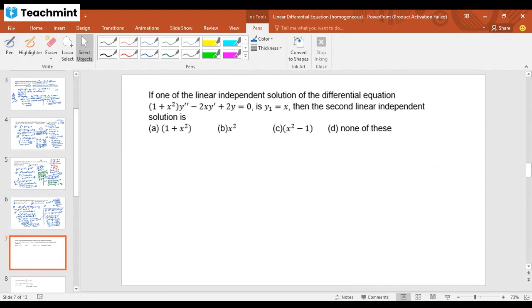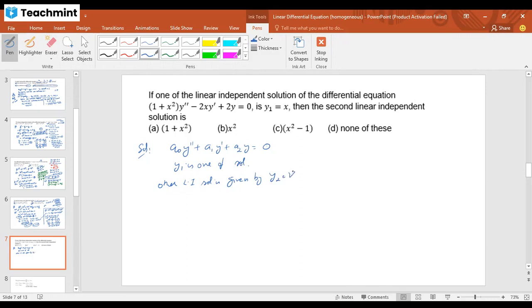In this case, we are given the differential equation with variable coefficients, and it is given that one of the solutions is known. We are interested in finding the other linearly independent solution. In that case, we have one formula. If we have a second order differential equation a0 y'' + a1 y' + a2 y = 0, and y1 is one of its solutions, then the other linearly independent solution is given by the formula